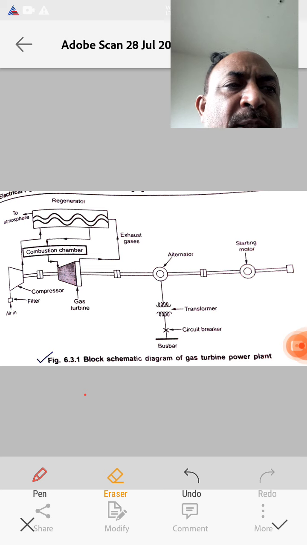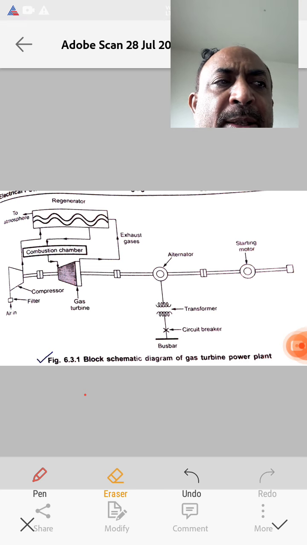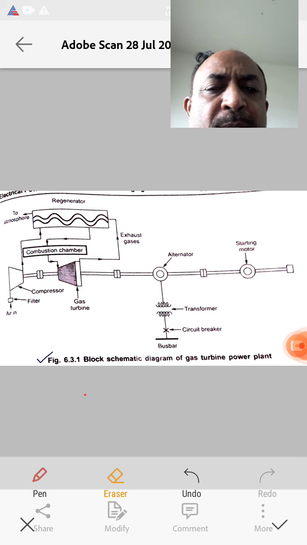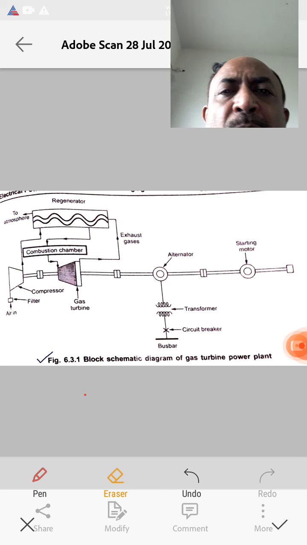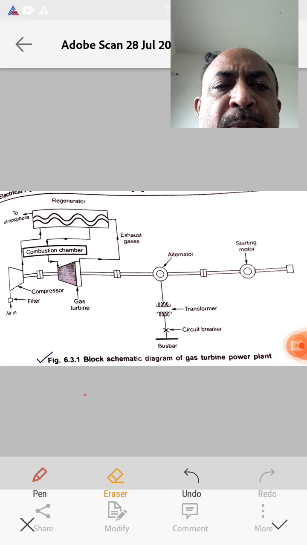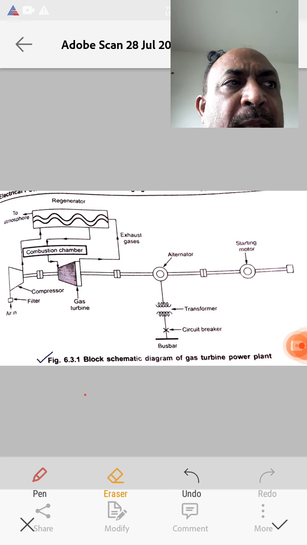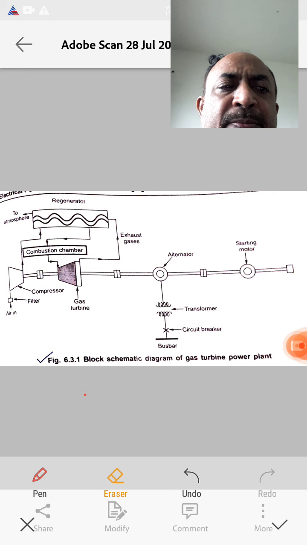Under running condition, an electric motor is not required, hence it is called the starting motor. These are the different components of gas turbine power plants.